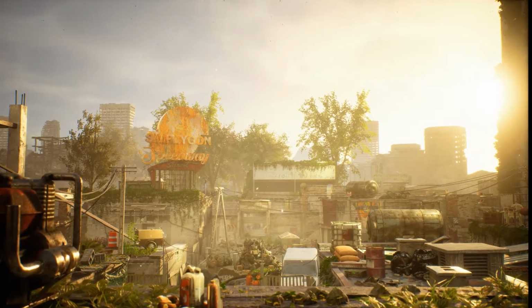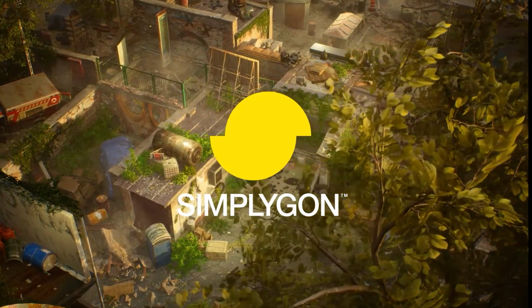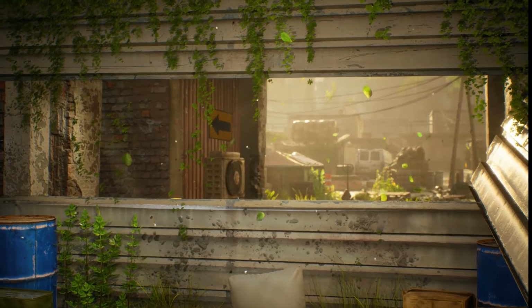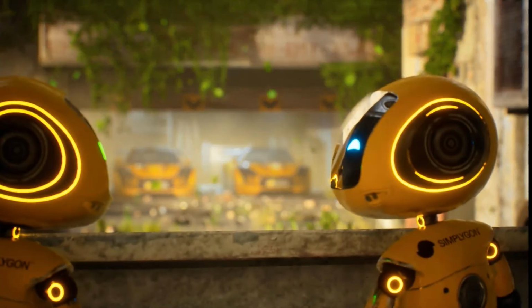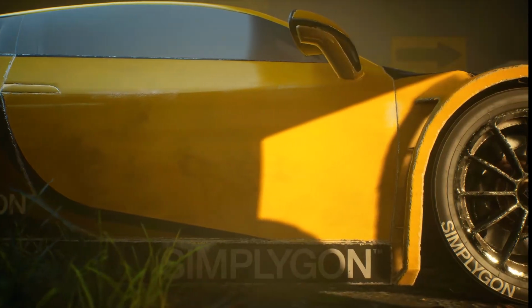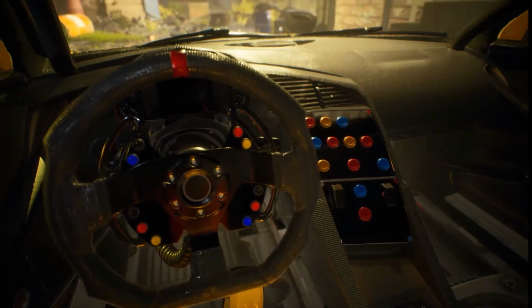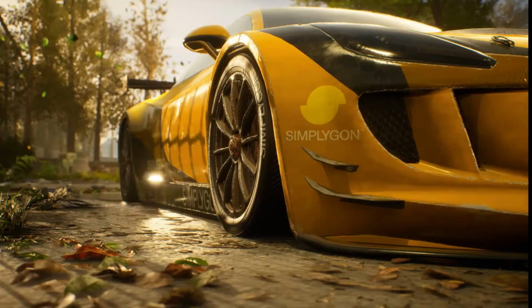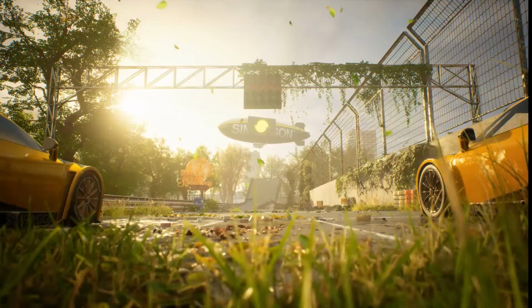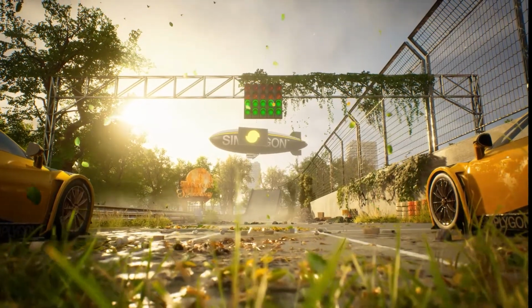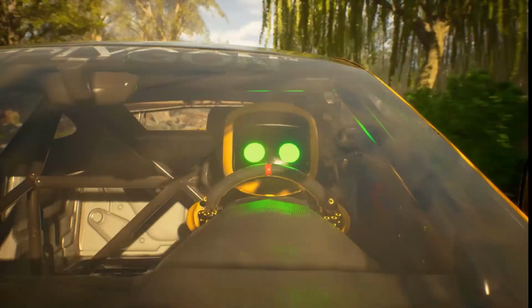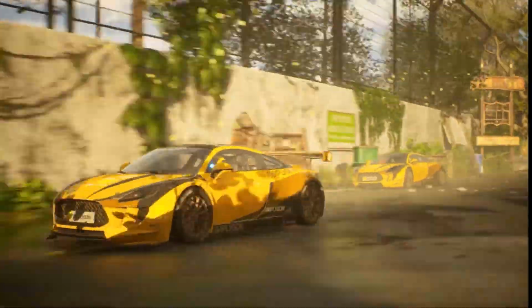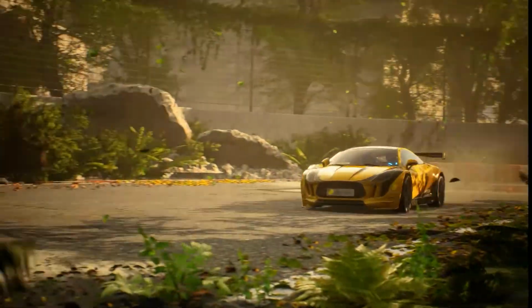Let's start with the race. Simplygon is for developers who want to accelerate their workflows and maximize the performance of games. Vehicles, for example, are some of the most intensive hard surface objects. Our powerful tools deliver rapid polygon reduction whilst maintaining the exact level of detail you need to race ahead.